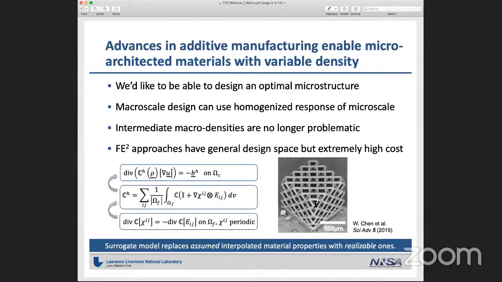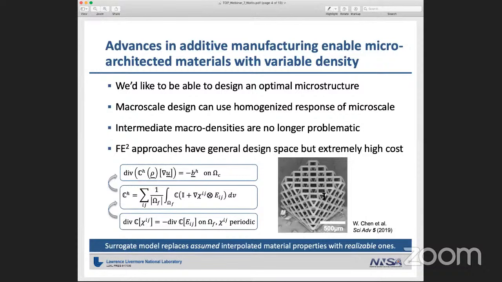This is a lattice of 4 by 4 by 4 unit cells. The entire thing is a 1 millimeter cube. So we have 250 micron unit cells, and these are about 30 micron struts. Now, I'm not going to say that we can produce something the size of a car with features that fine today, but I think the scalability of this type of thing is only going to expand in the future. So the point being that we have the ability to fabricate at this really fine scale. We should be able to design at that type of fine scale.